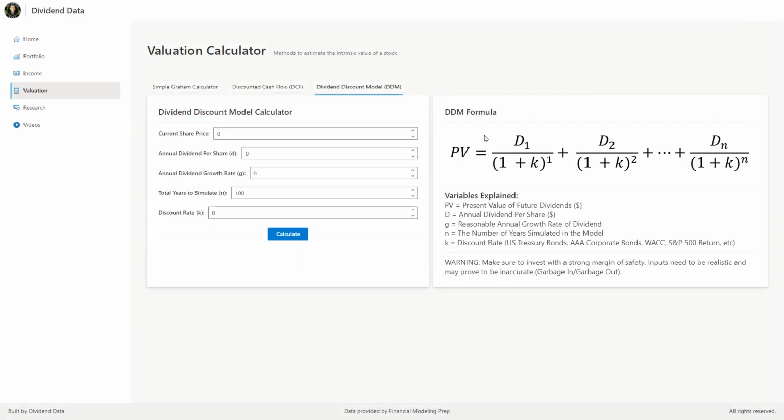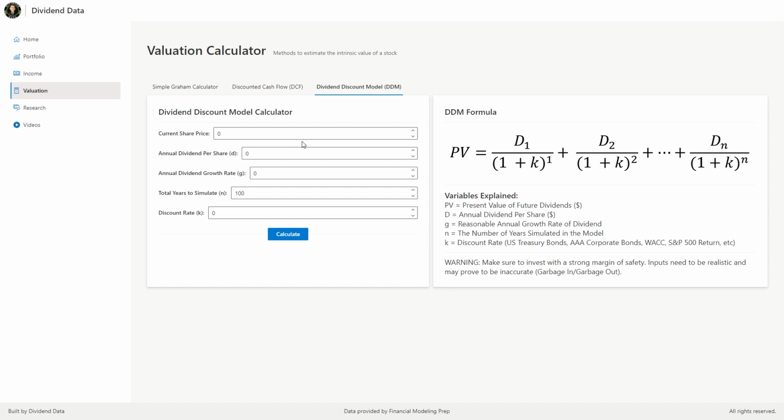Here you can see the general formula for a DDM. The present value is equal to the summation of future dividends, each discounted by the proper discount rate. You have the dividends from the first year, added up with the chunk from the second year, all the way up to the nth year. The importance of discounting the future dividends is because of the time value of money. $1 in the future is worth less than $1 today due to the opportunity cost of investing it or earning